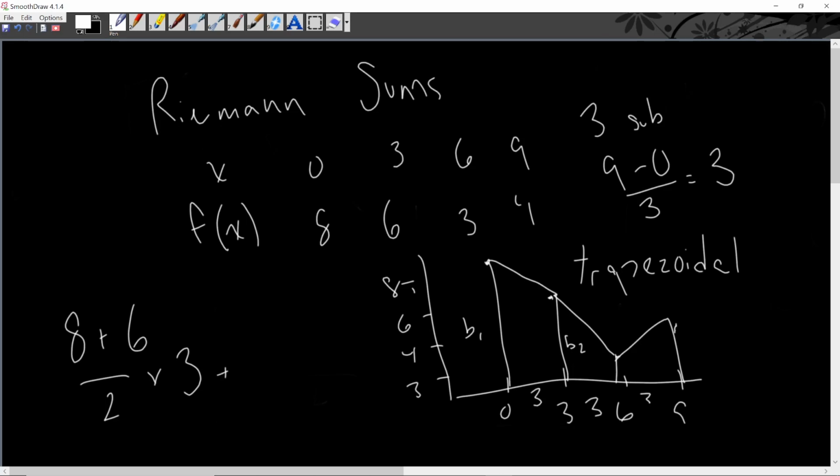We have base 2, this will be base 3. Base 2 in this case is going to be 6 plus 3, all over 2 times 3. And then from here, we will have 3 plus 4 over 2